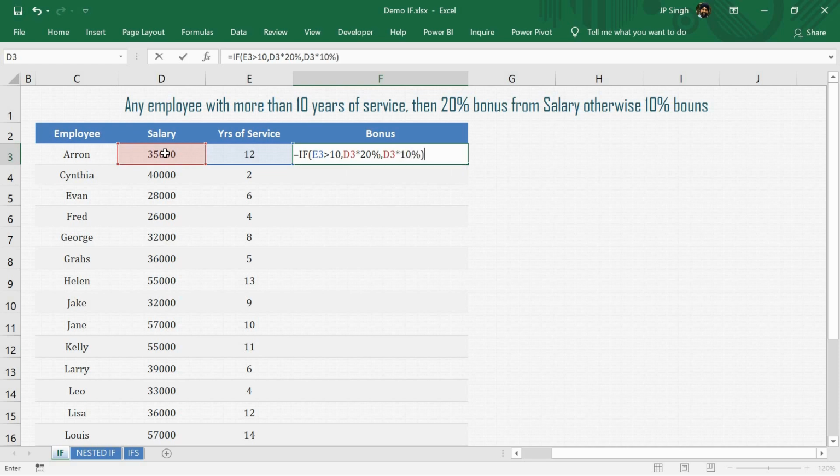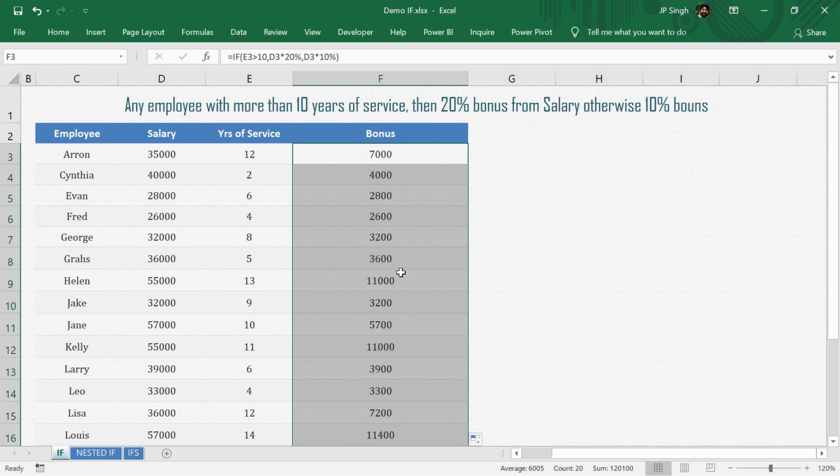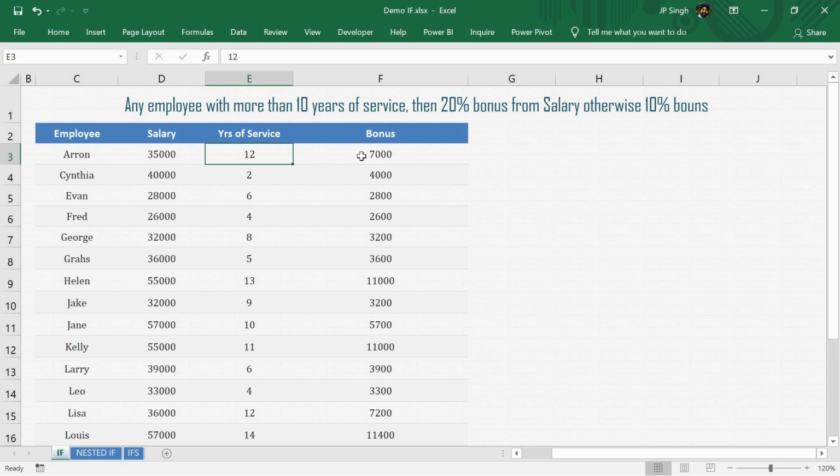We are using this function very often. So this is a good function when we are writing this type of calculation. You can also display whether the bonus is eligible or not eligible, something like that. But if you are writing some text to display instead of a calculation, double quotes are required. So I just double click on this, it will fill the data, and now you can see in case of 12 years of service it is getting 20%. In case of 2 years of service it is getting 10% according to the condition.